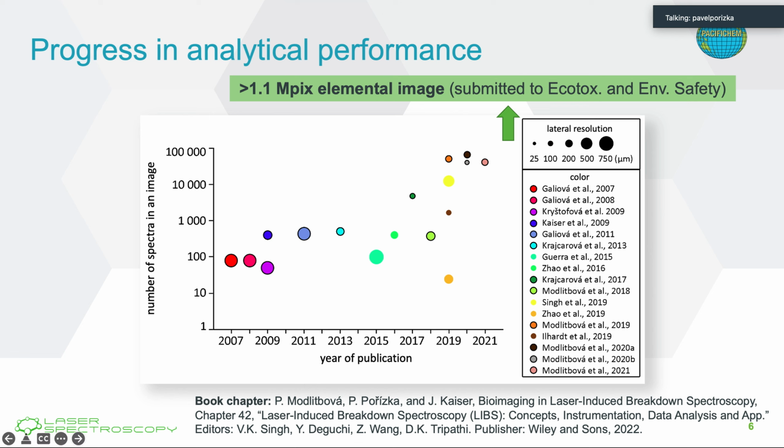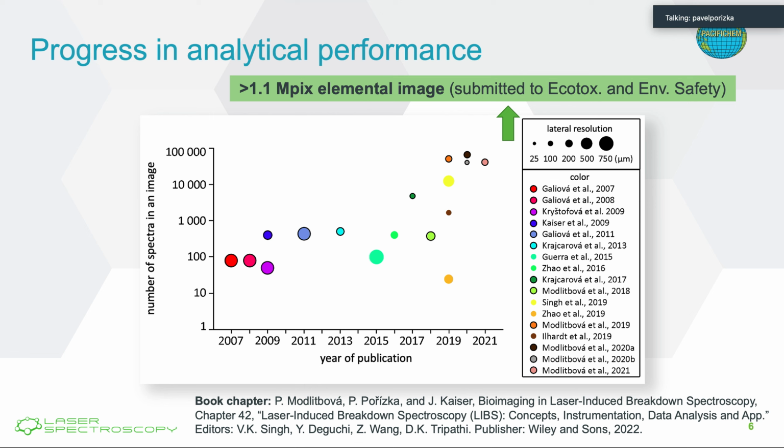As you can see here, as time goes by and the systems are getting better, the number of spectra, the pixels and points being analyzed in one map, in one plant, are just getting higher. What you can see here are really recent results, and you can see a trend that the spot size is getting lower. The lateral resolution is getting better, reaching 25 microns in a spot, which is a really nice result,